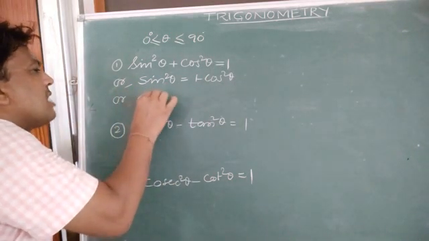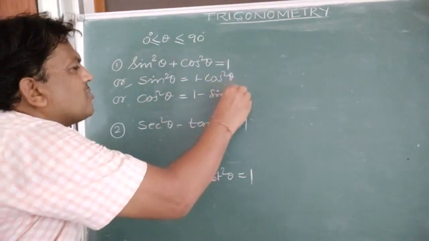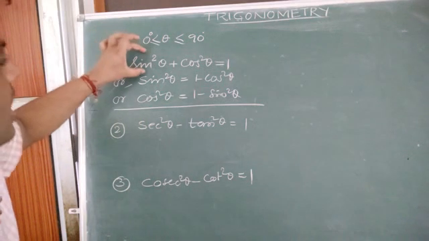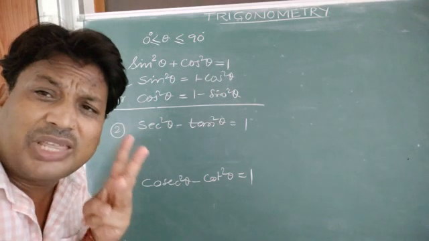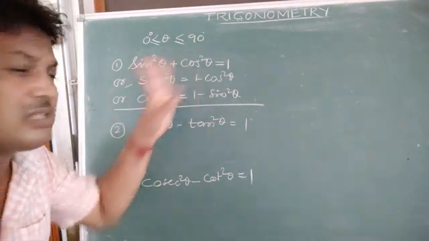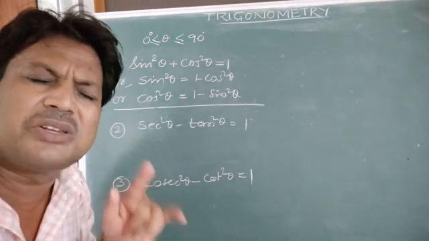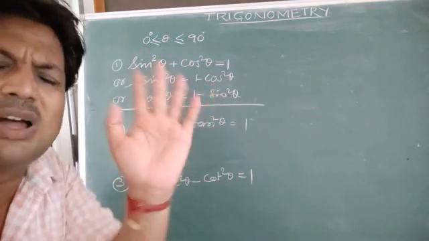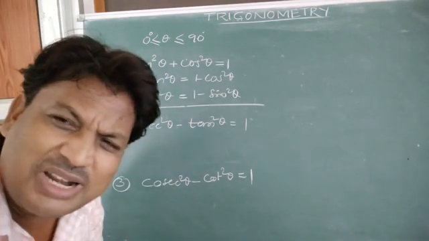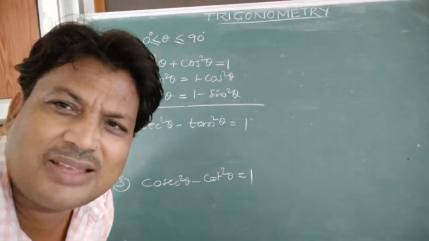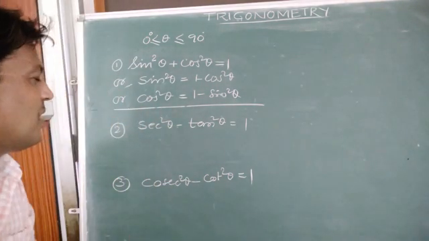Or you can write, suppose, cos square theta is equal to what, children? 1 minus sin square theta. So this identity can be written in this form and this form. And trust me, all three are very important. Only knowing this is not enough, because in the exam they are not going to say that sin square theta plus cos square theta is equal to 1, so sin square theta is equal to 1 minus. I will suggest that you must remember these three forms directly, and it will happen automatically with practice and practice, children.